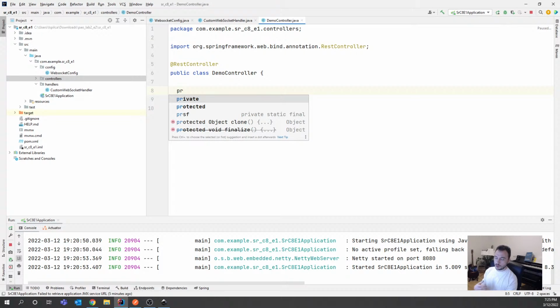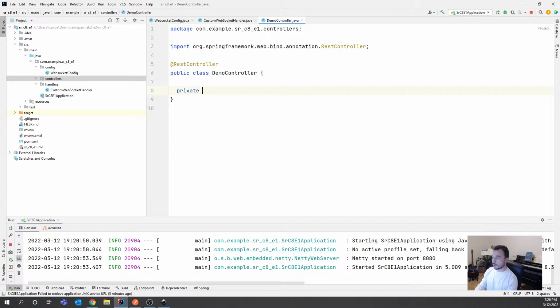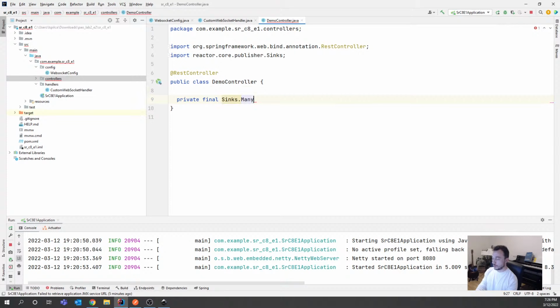Normally I wouldn't inject the sink here directly. It's not normal having the sink directly in the controller class, since the sink is used as part of a use case. It should be in a service class, and the service should be injected in the controller. But to make the example simpler and easier here, let's just try using the sink directly here. So private final sink, and then of course we can use a constructor to inject the sink,